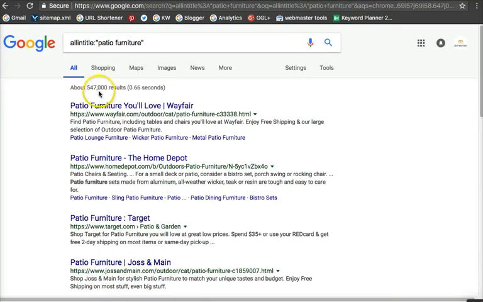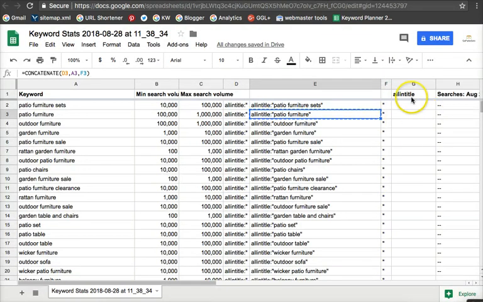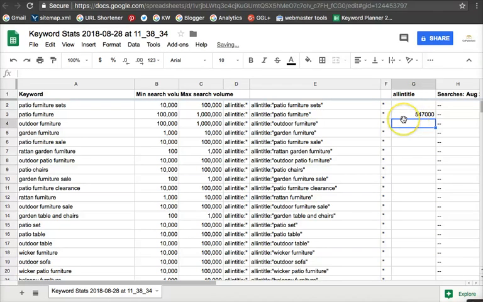So 547,000 pages. Google found 547,000 pages. We can put that right here, 547,000. And that number will change hourly and daily, but it shouldn't fluctuate too much. Now, when you're in the hundreds of thousands, I could see it fluctuate by thousands. You know, tomorrow it might be 546,000 or 548,000 or something like that. So it can